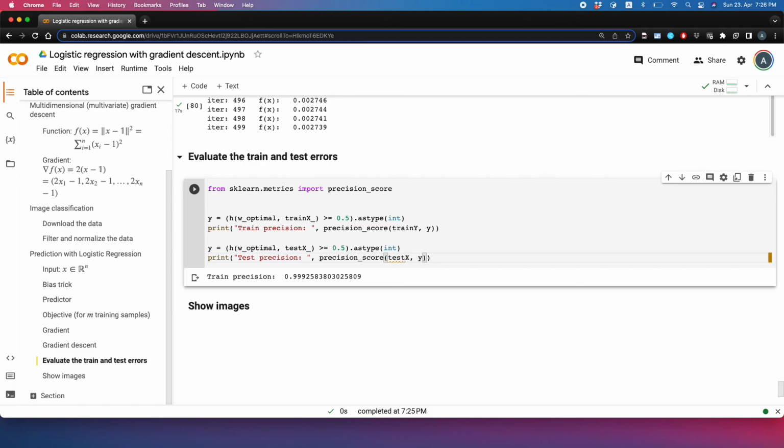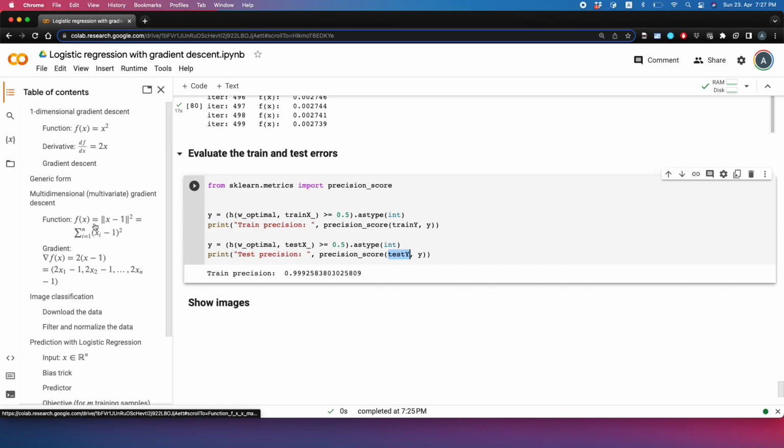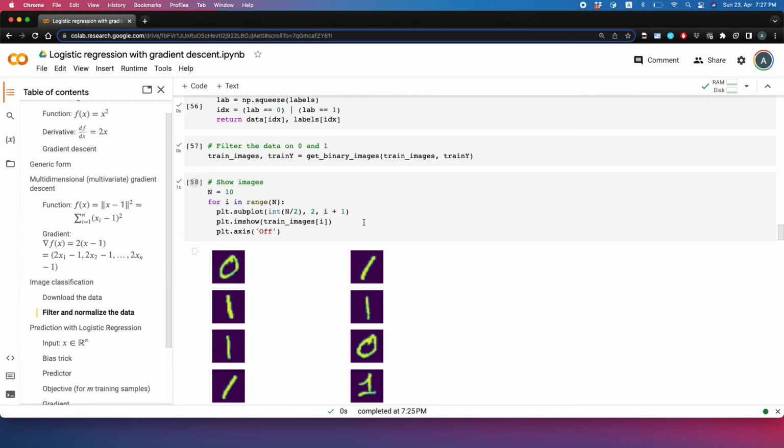Test X. But actually, while filming this, I realized that it's not going to work because I forgot to filter the test data on zeros and ones. So actually, it's also test Y here. So test Y has all sorts of labels, not just zeros and ones. So we need to go back to filtering,